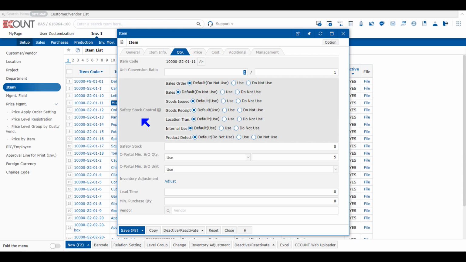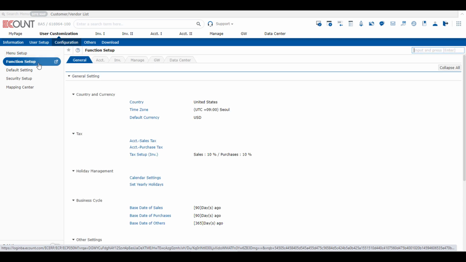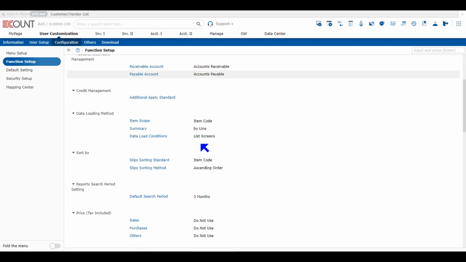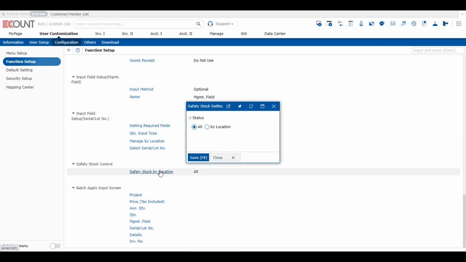You can set the safety stock control standard either by all locations or by individual locations. The path is to go to the user customization, configuration, and function setup, inventory tab, click safety stock by location button, and select whether you will control safety stock based on the entire locations or individual locations, and save. And then by each inventory menu,